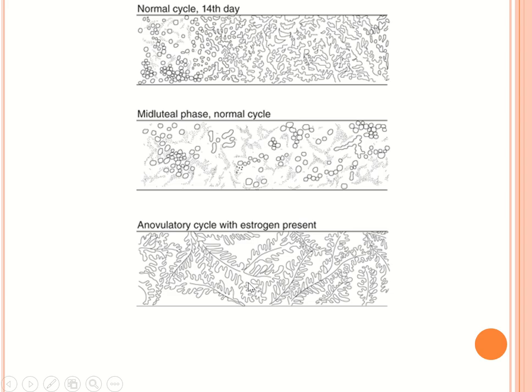So if ovulation has happened around the 14th day, take a cervical mucus sample somewhere around the 20th or 22nd day, make a slide and see what the mucus pattern is. If the mucus is still showing this fern-like pattern, it means the lady is having an anovulatory cycle. The cyclical changes are there, but ovulation is not happening, because once ovulation happens, progesterone should have come and all the fern-like pattern should be lost. So in a normal female, prior to the 14th day, a cervical sample will show a fern-like pattern, but after ovulation, the fern-like pattern will be lost.